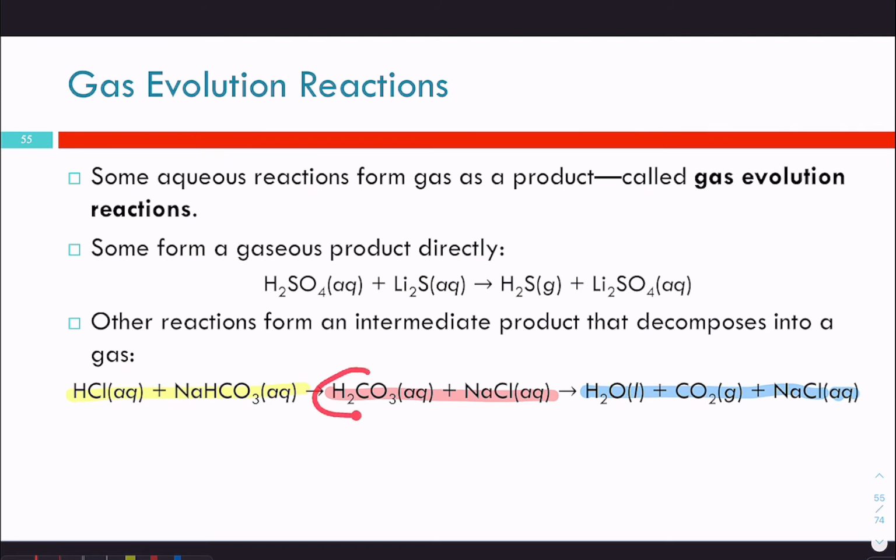And then you get carbonic acid as an intermediate and a salt. But then this carbonic acid further decomposes into water liquid and CO2 gas. And that salt just kind of hangs around. So from the intermediate step to the final step, it doesn't change. So there are 3 of those that you have to memorize,